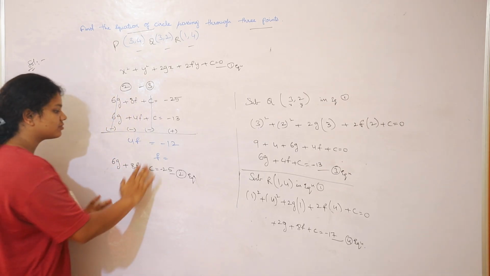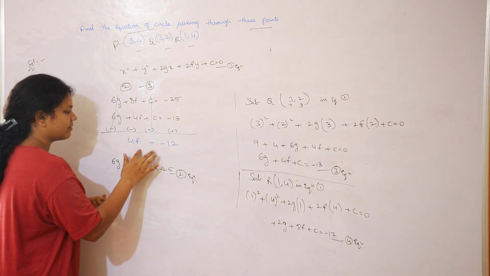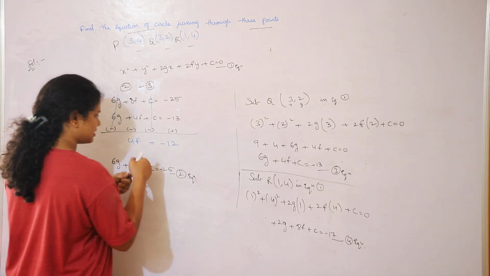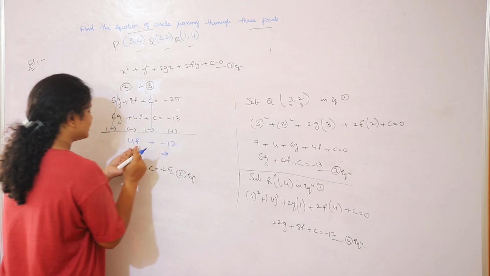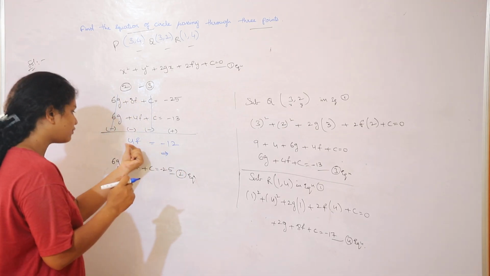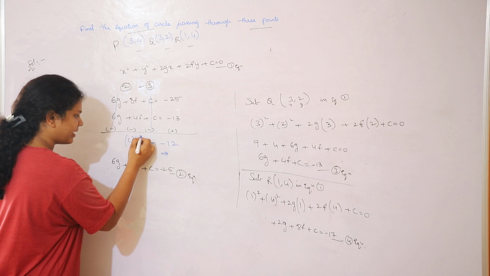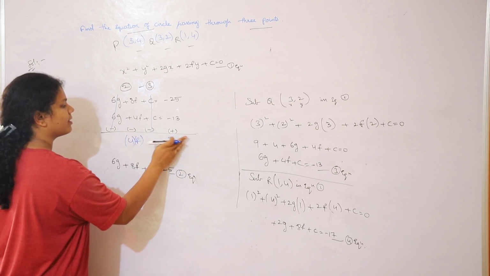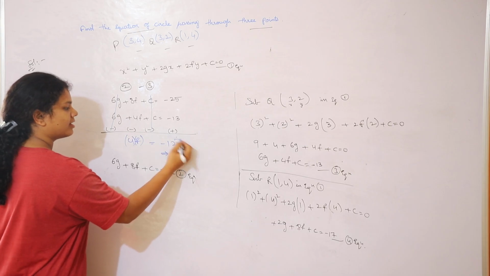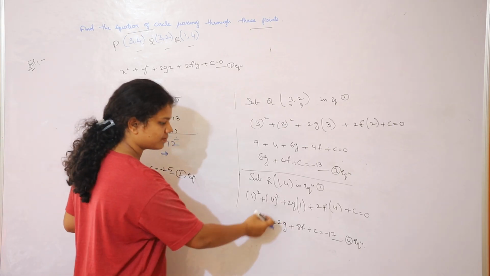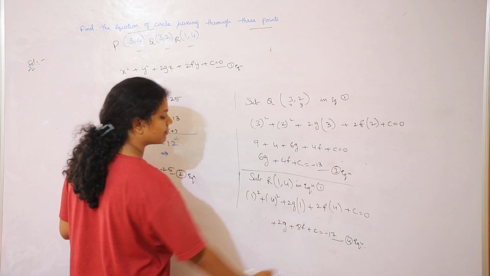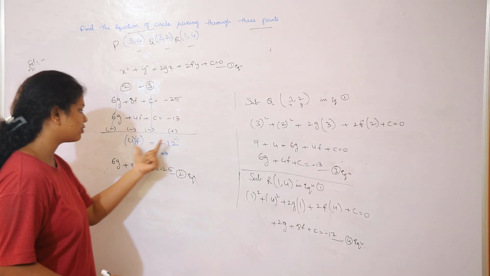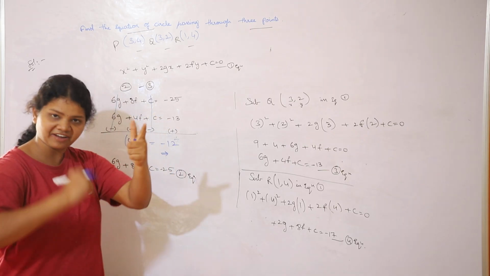Now here comes the process, guys. You should find out f easily. So here it's 4f and it's 12. Let me show you the process. It's 4 into f, it's getting multiplied. Now transpose this 4 to the other side, this becomes divided. As I said, here you got 17, and if you transpose this 17 to the other side, plus 17 becomes minus 17. And when you take this 4 to the other side, this becomes division.